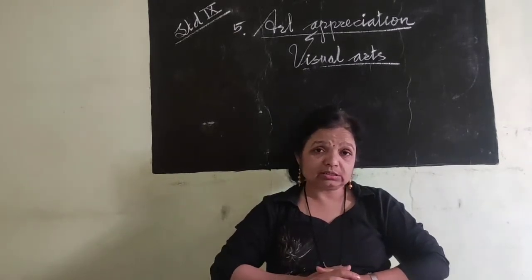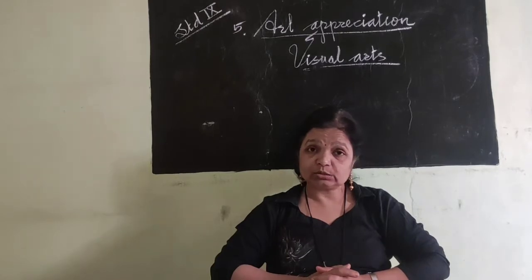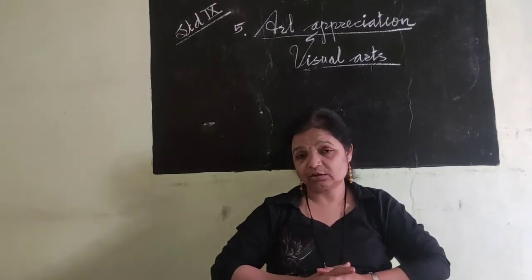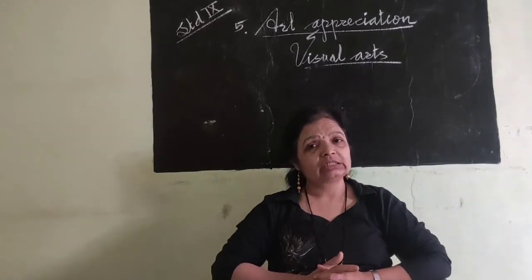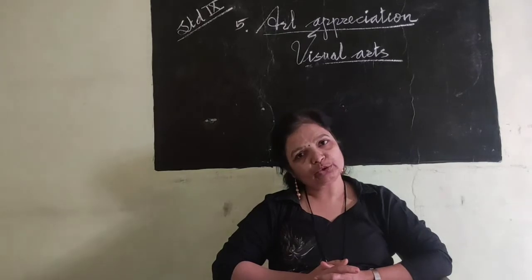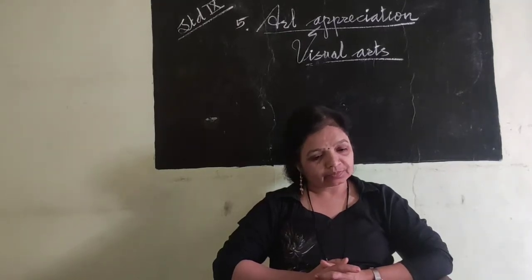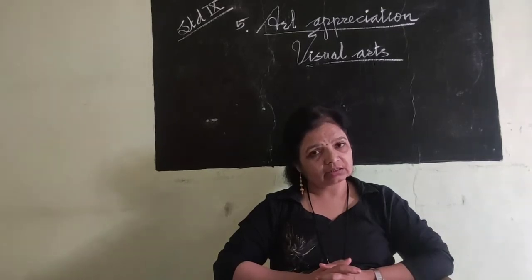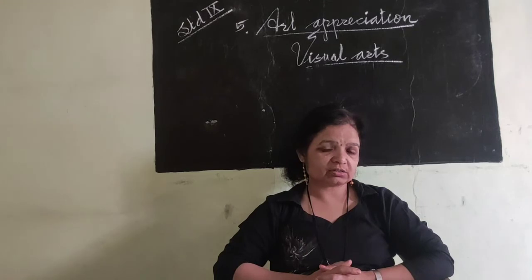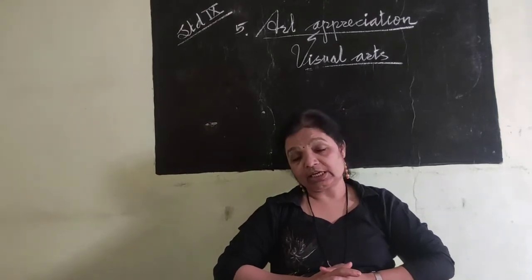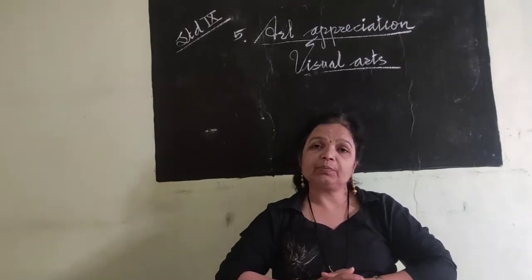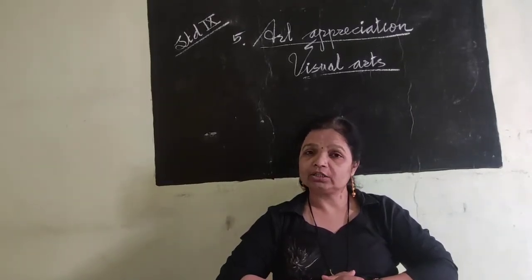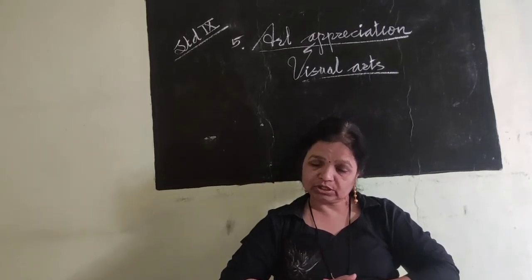So this element is also very important, like lines and other elements. Because of this element we can understand the surface of that particular object. In this way, lines, shapes, colors, light and shadows and texture, these 5 elements are very important in any type of artwork, in visual art. Understand?